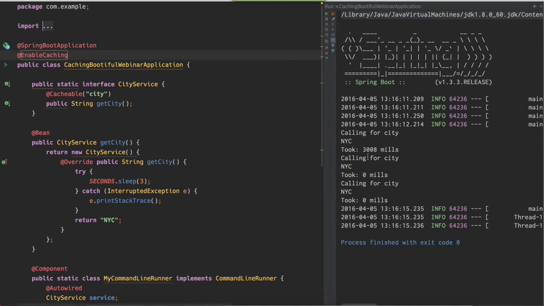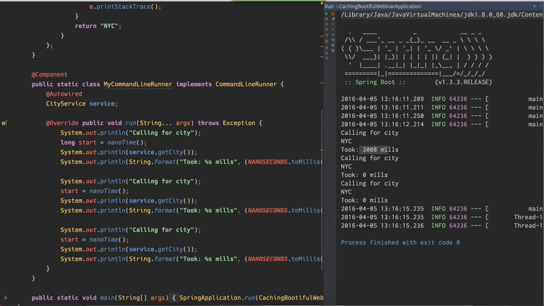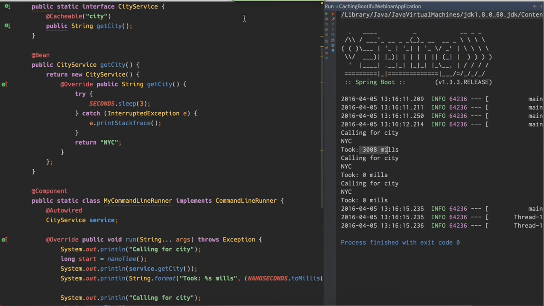As you can see, it magically helped, because the first time it took us 3 seconds to calculate, and the rest of the time the result was simply taken from the cache, because there are no input parameters here. Now, this is very nice and very good. However,